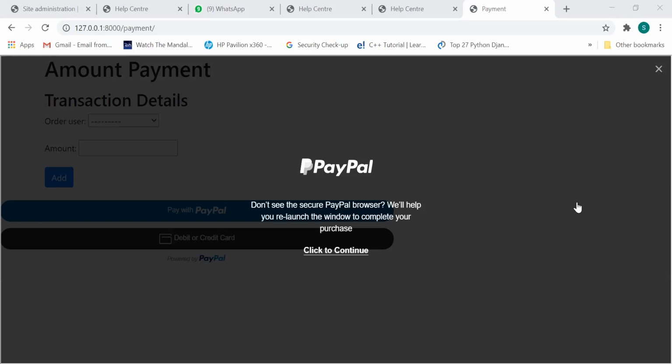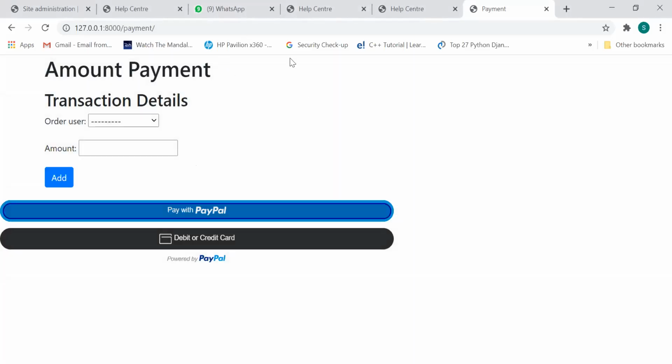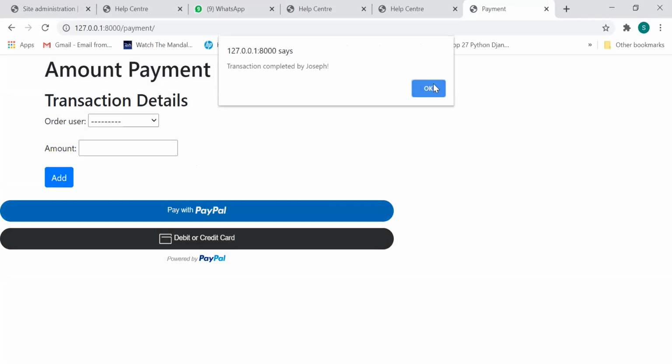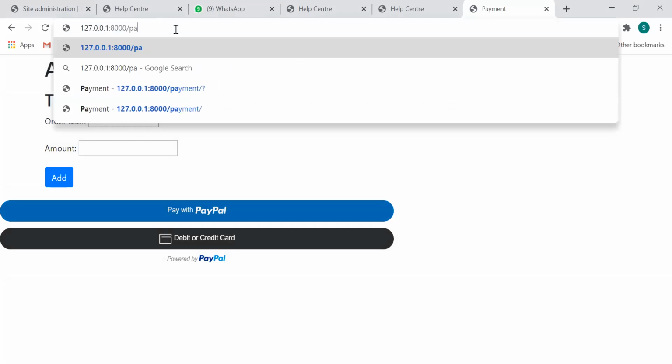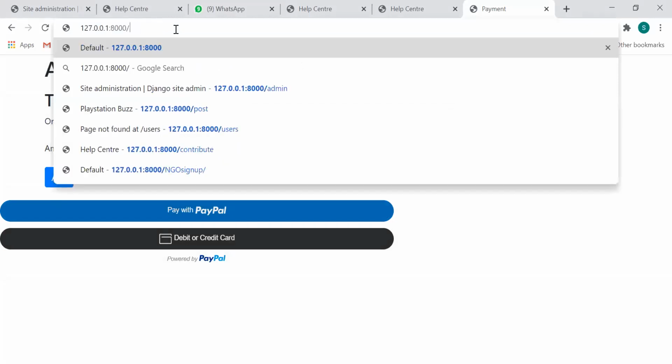As you can see, I'm using sandbox accounts here. Sandbox accounts are developer accounts provided by PayPal for us to use. Now it will show me that the payment has been completed. So that's the payment portal we have integrated, and in the backend,